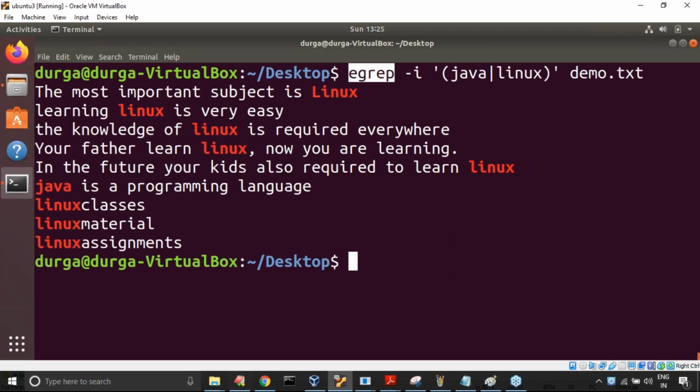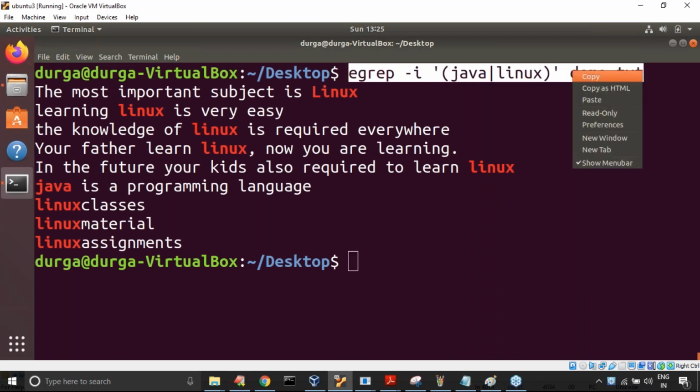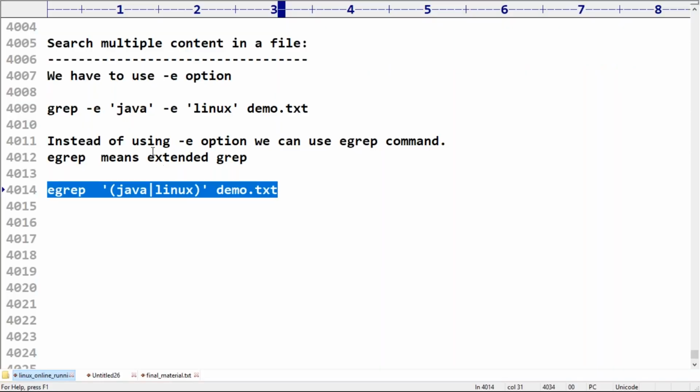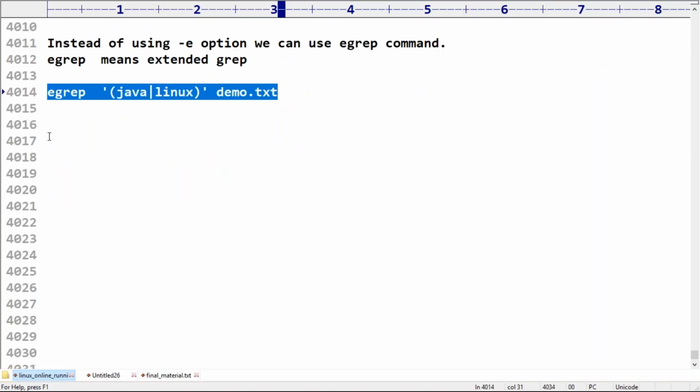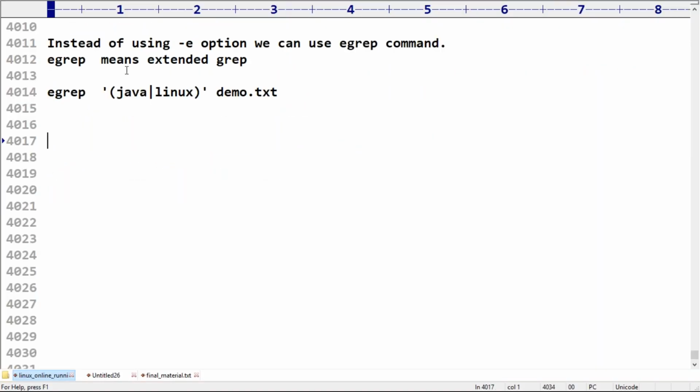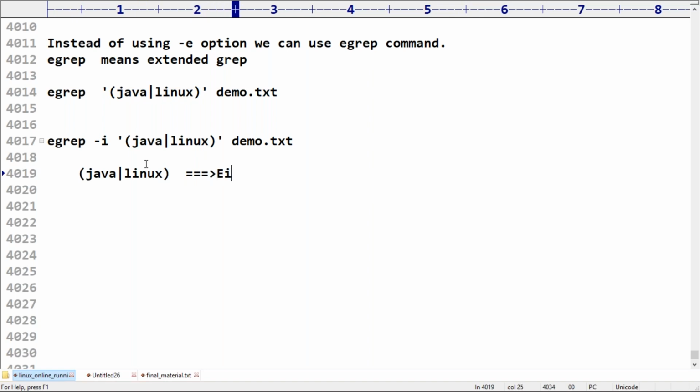Remember very carefully. Now observe carefully. This line, this word, is a very, very important thing that I'm going to discuss. More concentration is required for the next few minutes. Observe carefully. Here I'm taking grep -i. So what is the meaning of this pattern? Can you please tell what is the meaning of this pattern? Respond.